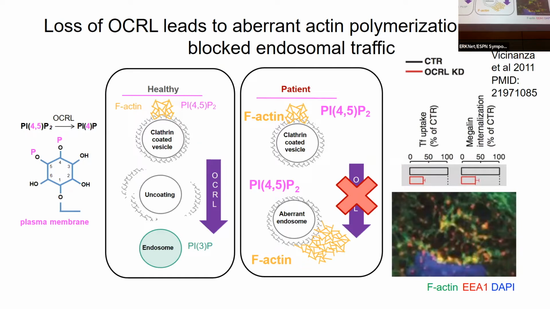So this is the process, the hydrolysis of the phosphate group by OCRL here on PIP2, and this is normally enriched in the plasma membrane. It's a major signaling phosphoinositide of the plasma membrane. And in healthy cells, what we think is happening is that the PIP2 is